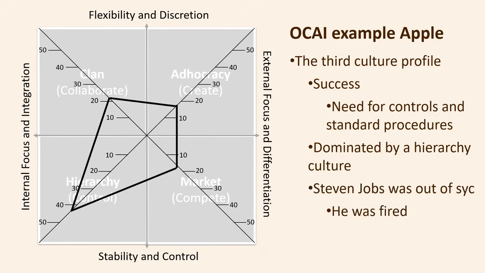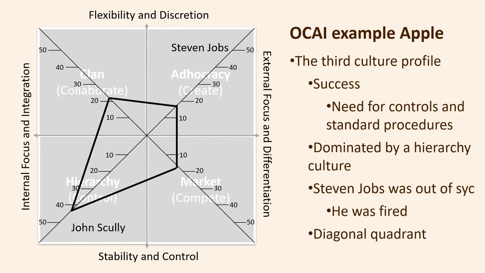The founder and CEO, Steve Jobs, was the quintessential innovator and team leader, perfectly comfortable in an organisation dominated by adhocracy and clan cultures. He was not an efficiency expert and administrator, however, and not inclined to manage a hierarchy culture. John Scully was hired to manage the shift to stability and control. The new set of values and priorities reflected in the new culture made Jobs' orientation out of sync with current demands. The founder, Steve Jobs, was fired from the company.